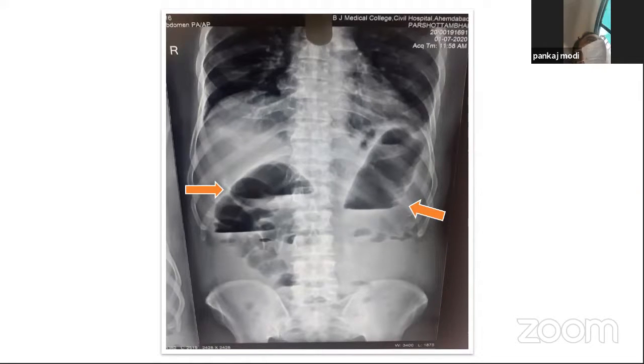So here you are specifically seeing two air fluid levels, one on the right side of the abdomen and one on the left side, with a definite air fluid level, and hardly any air fluid level in the small bowel. What is the significance of that? That the ileocecal valve is competent, and this might be a large bowel obstruction, mostly a closed loop obstruction. But what does this suggest first? These two air fluid levels you have shown, what do they suggest?